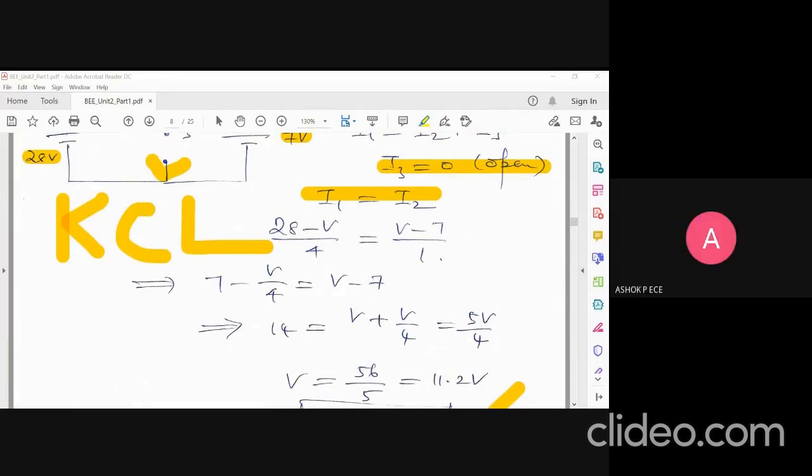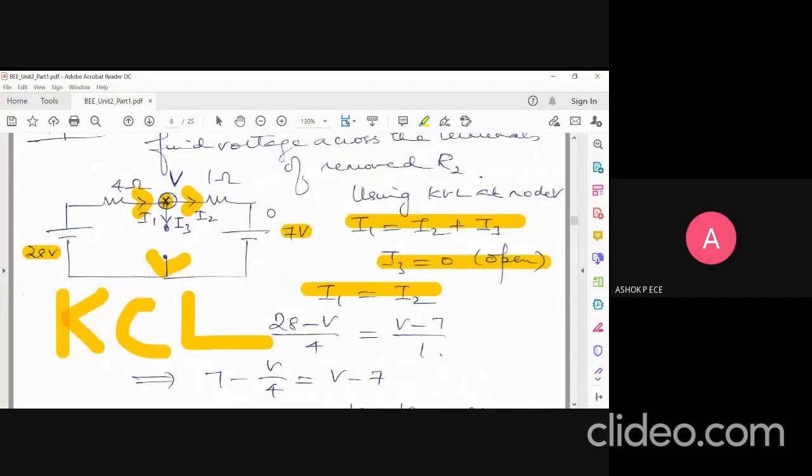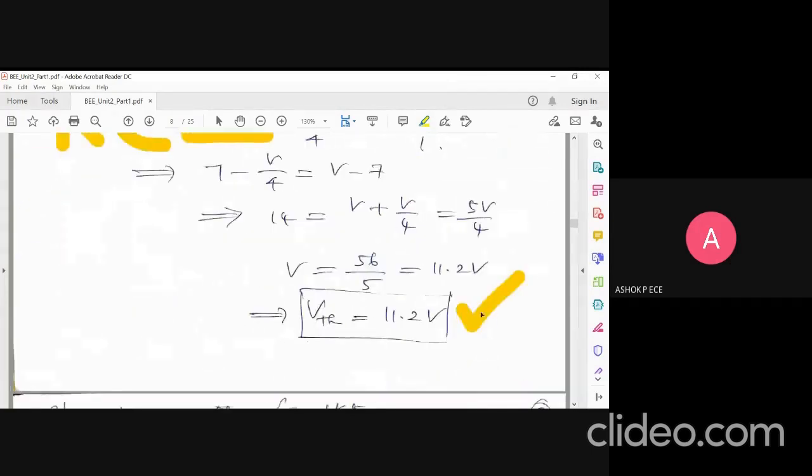Sir, current direction, do we have to assume it? Current direction, you can assume yourself. I have assumed this for my convenience. You can assume also. See, actually, I told you current will always be flowing away from the source, correct? So actually, current should be flowing only this way. But since you have two voltage sources, and among the two, 28 is the stronger one, even though you get some current from 7 volt, this 28 volt current is going to dominate. So this entire current is going to flow only this way. Again, the direction, I told you in KCL, is your wish. Whatever method you assume, you'll get the same answer. Even if you assume it the other way also, you'll end up getting VTH as 11.2 only.